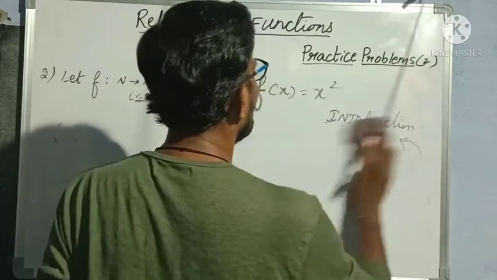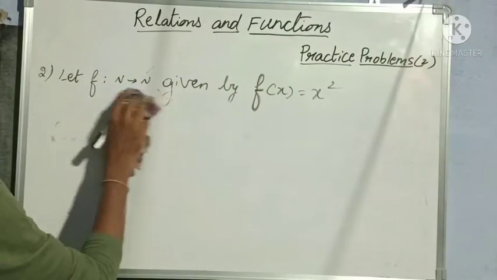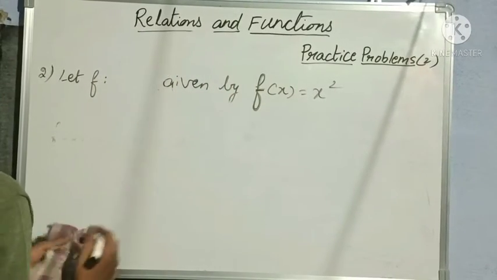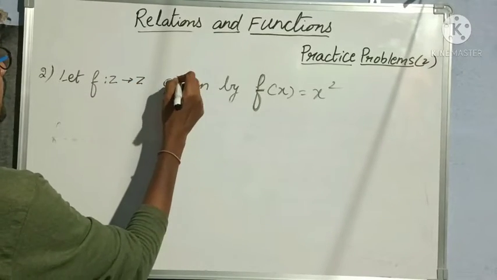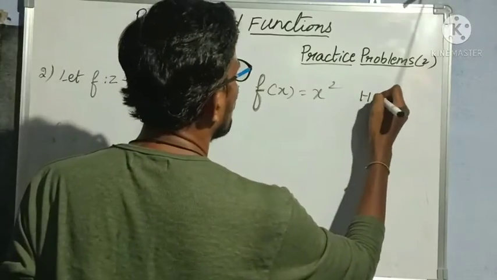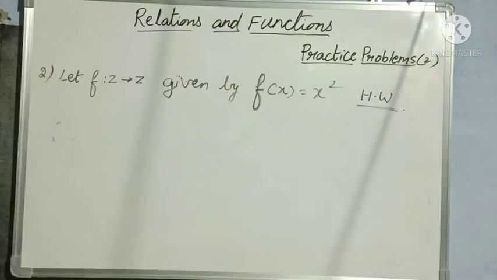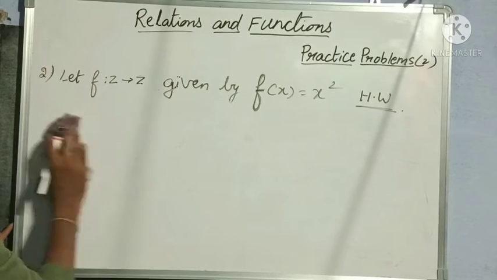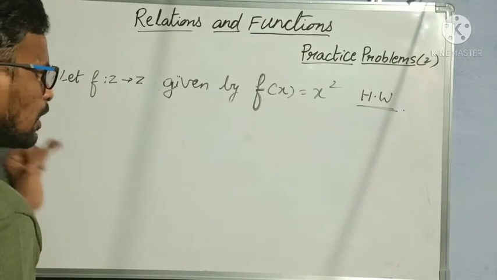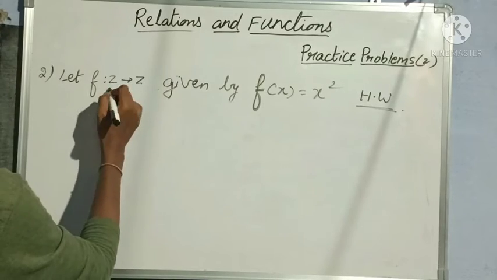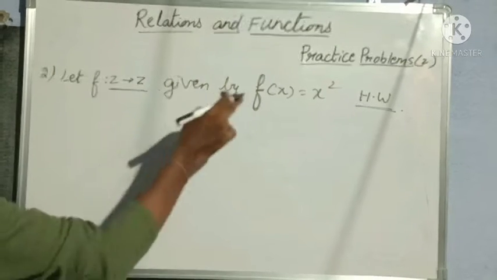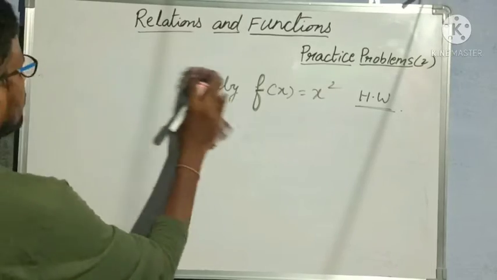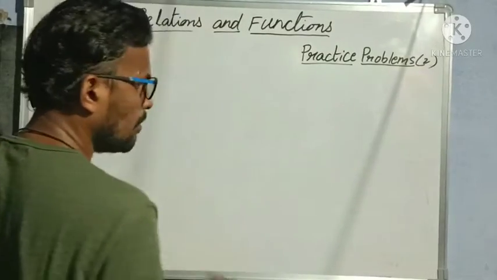Understood everybody? So now take one more problem and try that as homework. In the place of natural numbers, you take integers and try this problem as homework. Already I have explained f of x is equal to x square. What type of function, when they are real numbers and natural numbers, I have explained. Now when they are integers, then what type of function it is? Either it is many one or one one or into or onto, you have to find out. That is your homework. Okay, next let us move to our next problem.